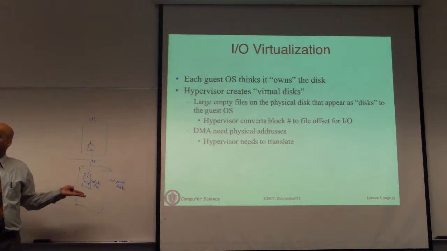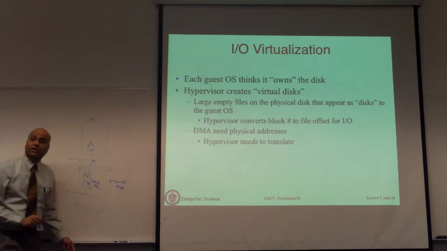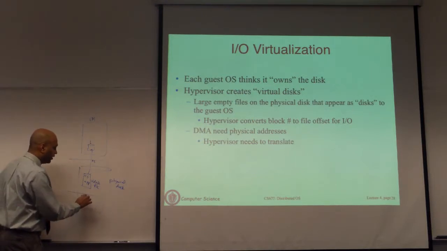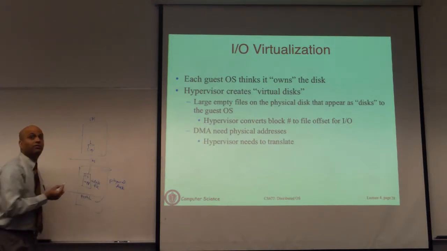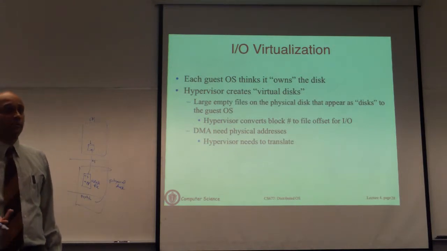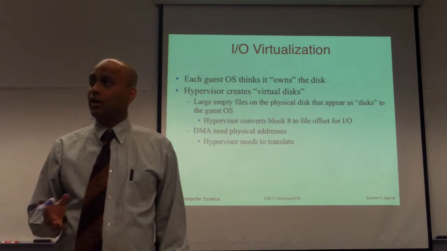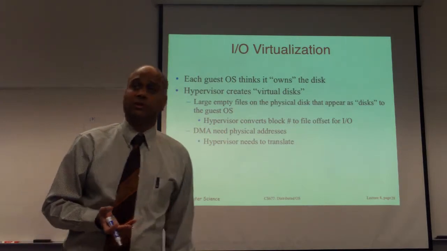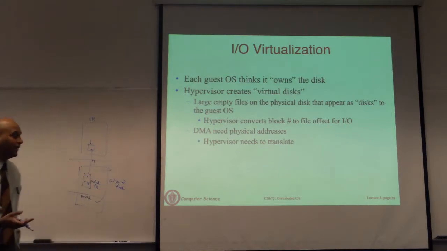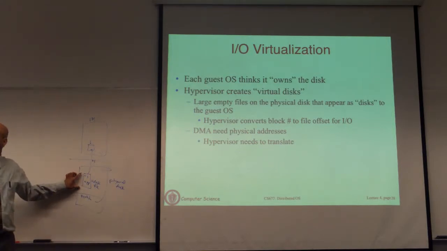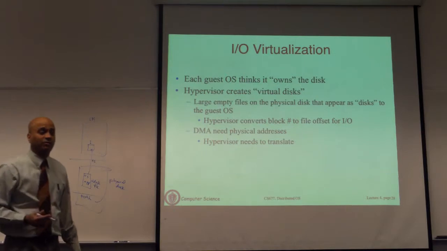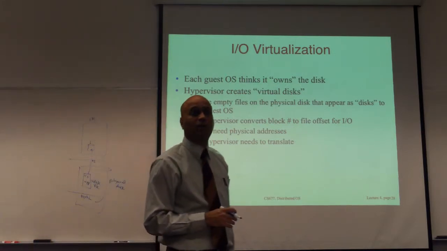There are other ways to virtualize your disk. You could have simply taken your disk and created a partition. So instead of a virtual disk file, you can make a partition and make the partition available to your VM. That's another way to virtualize the disk. I'll use less often, but also nevertheless available in certain virtual machine platforms. In either case, you have to allocate the storage. In this case, the storage is allocated through a large file, or you can allocate storage by creating a dedicated partition and making it available to the virtual machine.